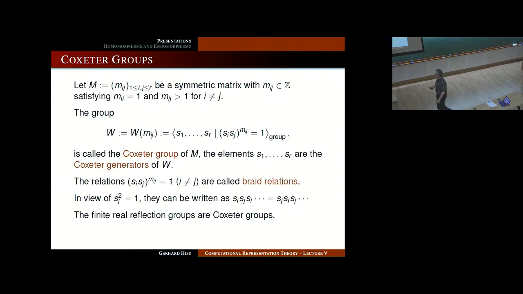The finite real reflection groups are in particular Coxeter groups, and the Weyl groups are Coxeter groups. So what is a finite real reflection group? It's a finite group generated by